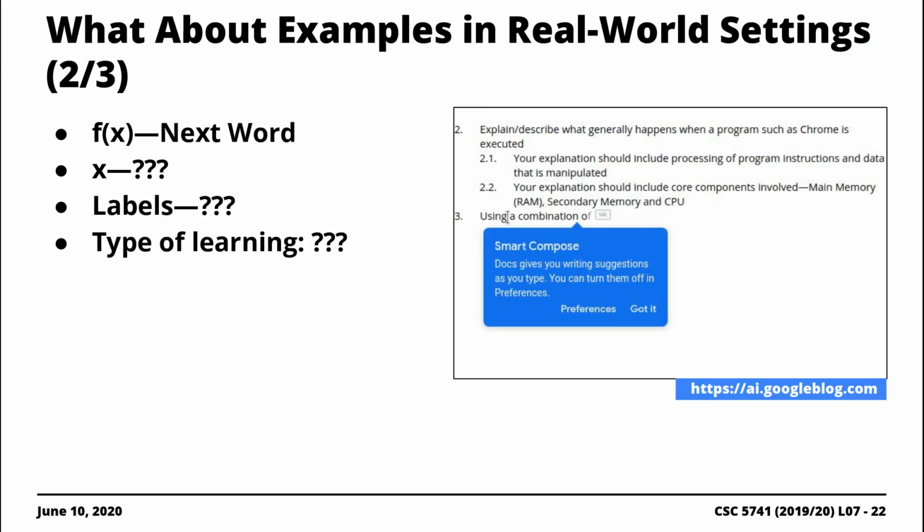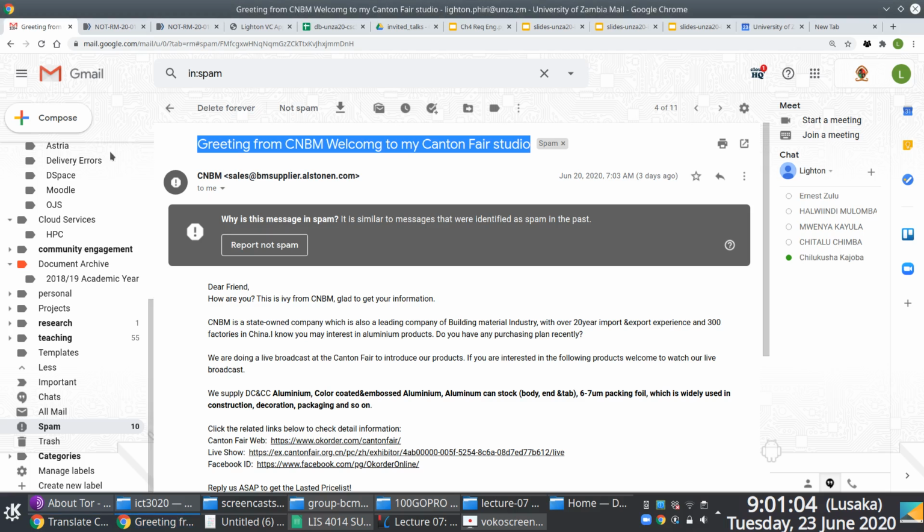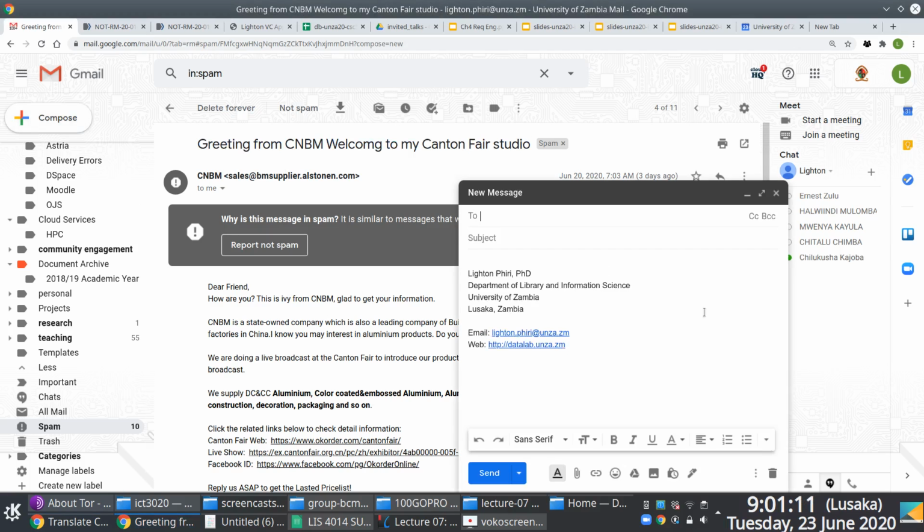All right. I do not know if you've experienced Smart Compose yourselves. I love it myself. Every time I'm on Google and I'm wanting to compose an email, my mailbox, right? When I log into my mailbox, it's been personalized to a certain extent that Google knows that I almost always